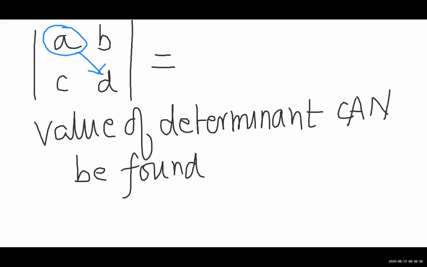So if you cross multiply, you get AD, and then you take the remaining two elements and you cross multiply them, right, which is BC, and you subtract top left element, okay, cross multiplied by the diagonal element, and you subtract with, you subtract the,